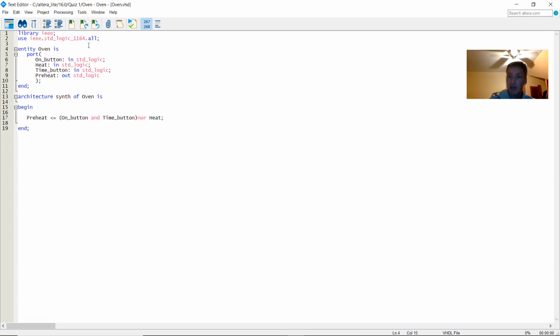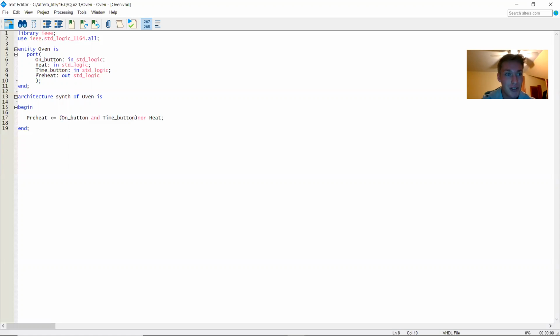And then now that we have our library and the files within the library, we declare our entity. So I named it oven, and I made sure to name the project the same as that, is port, and here's where I made my second change. I didn't know that on was one of the sensitive words that you can't just use, so I had to change that to on_button. I made that an in, I made the heat an in,